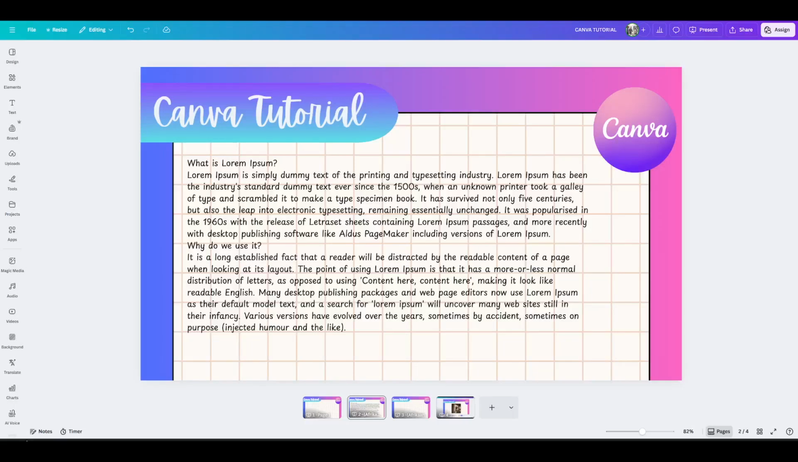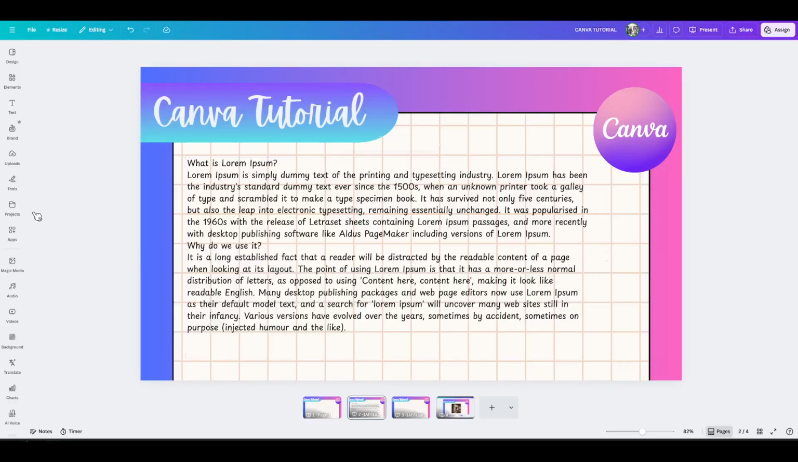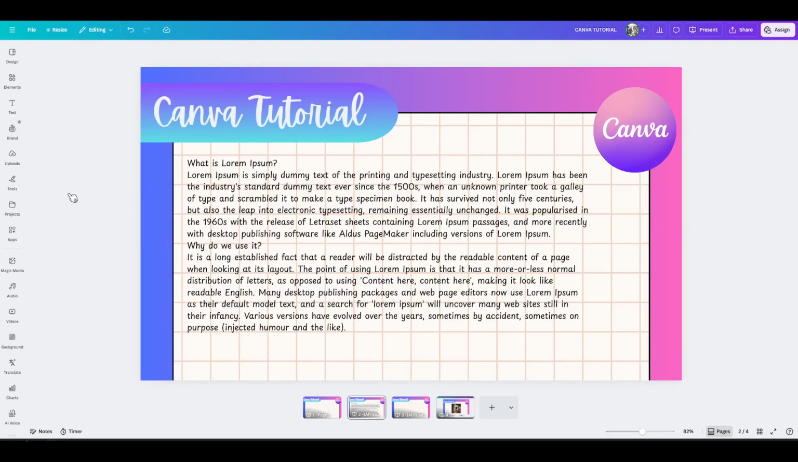In today's video, I'm going to teach you how to add a border around a text box in Canva. Even though Canva's text boxes don't have a built-in border feature, there's a simple workaround that looks clean and professional. Follow along, and I'll walk you through it step by step so you can get a crisp outline around any